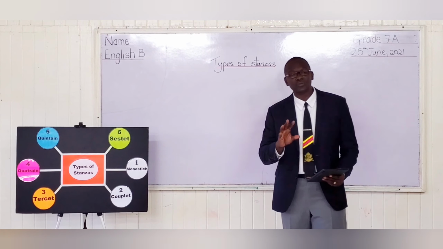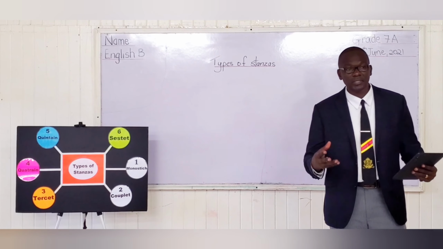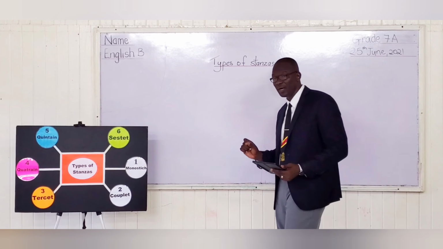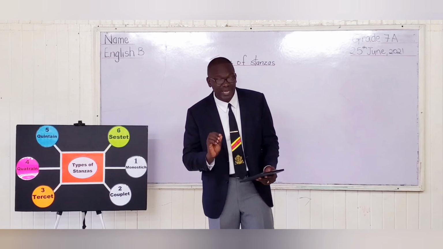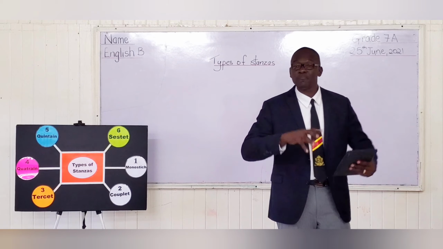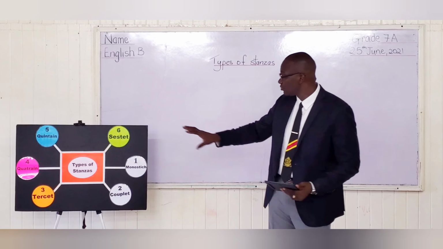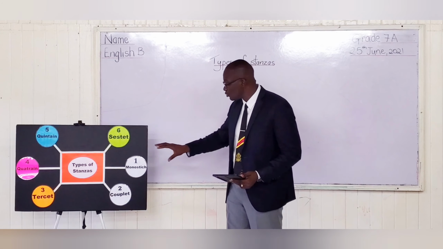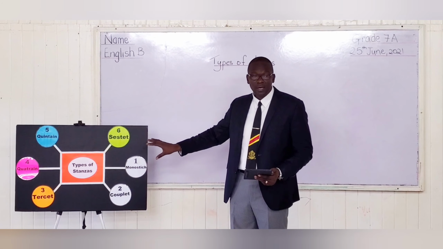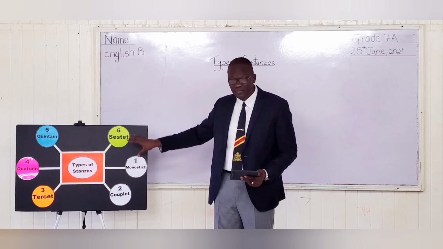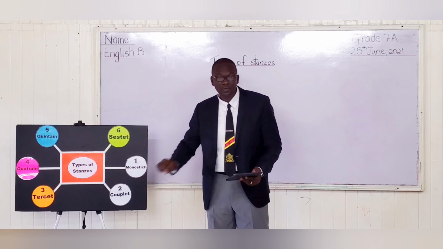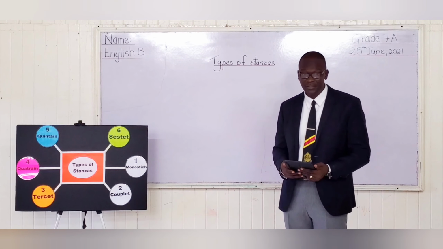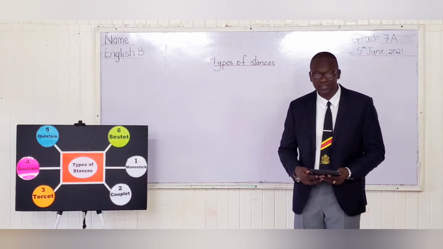With all that I have taught you so far on stanza, what it is, its purpose, and the different types of stanza, what you will do for me now is that you're going to write a 4-stanza poem about your beautiful country, Guyana. Now you will reference this diagram that I have here, this cluster diagram, and you can use any 4 of the 6 different types of stanza that are listed here, and you're going to write your 4-stanza poem about the country, your country, Guyana. You have 15 minutes to do this activity. You can go ahead and